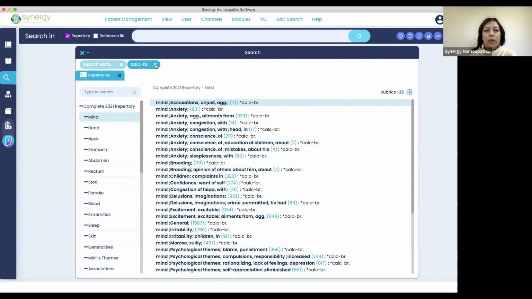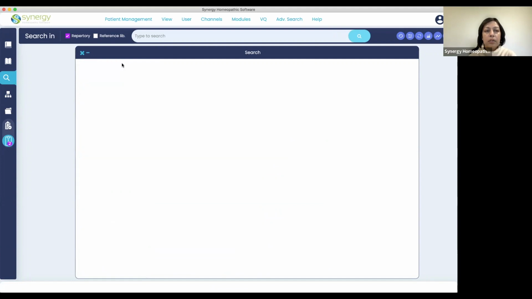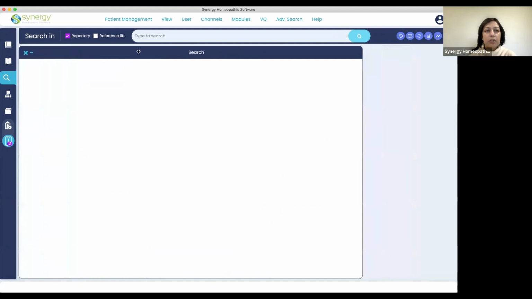So I'm going to clear out my global search because these are all remedy searches. And so you can do a global search here. It depends. If you know you're looking for a rubric, then I usually tend to restrict my search and just do a